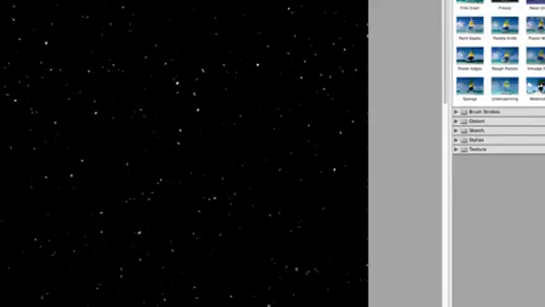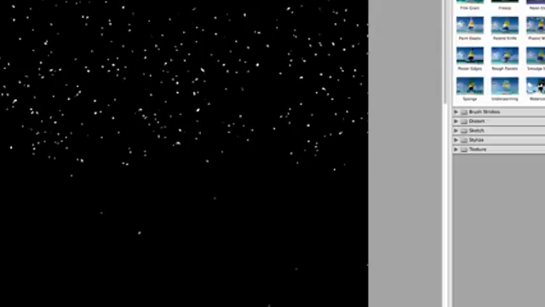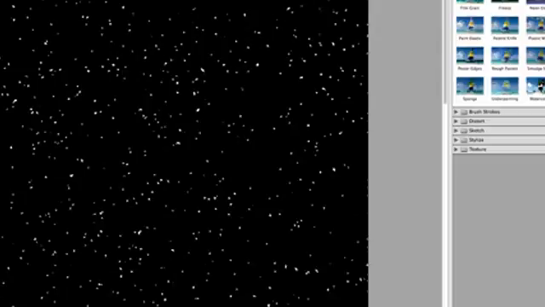So what I will do is duplicate this. I'll create a new layer, a new effects layer, and I'll use the same effect on this layer, but I'll decrease the brush size. On the first one, I'll use a brush size of, let's say, 4. And on the second one, I'll use a brush size of, let's say,